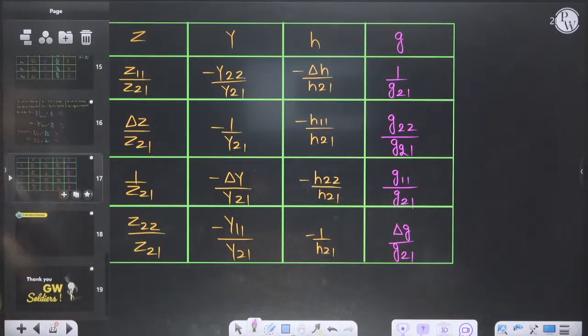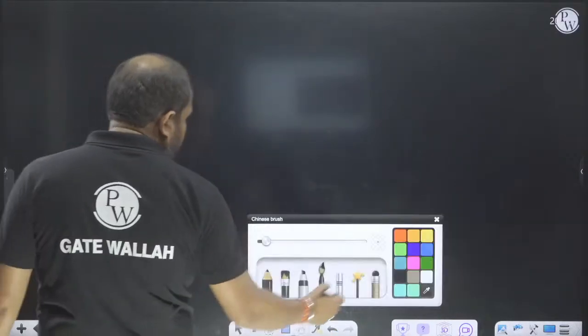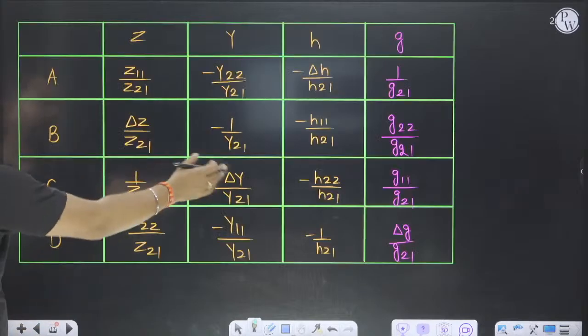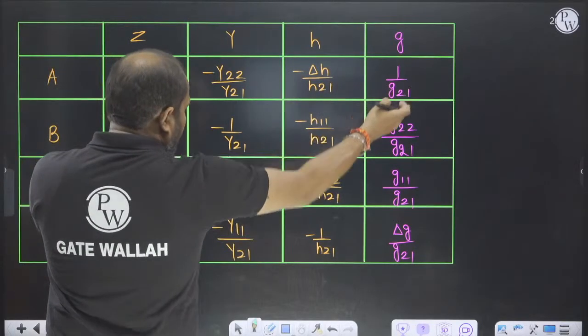Like that, we have derived so many things. You have to draw the diagram, and then just solve this equation. I will derive the Y parameter and ABCD in terms of Y and Z parameters. These two things you can derive in terms of the H parameter, and write down the inverse, you will get the